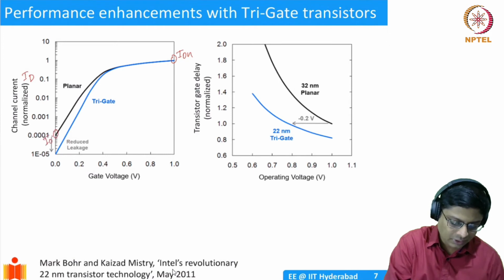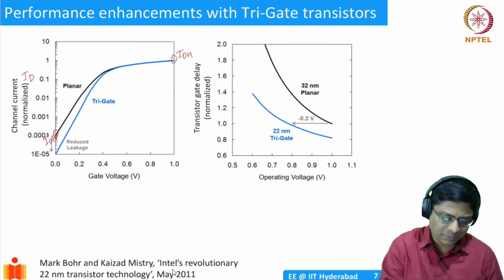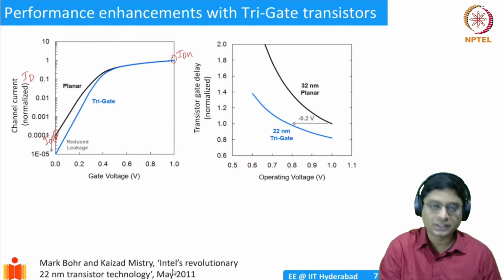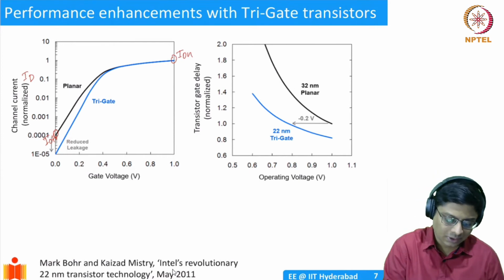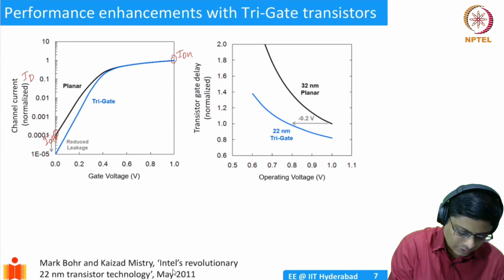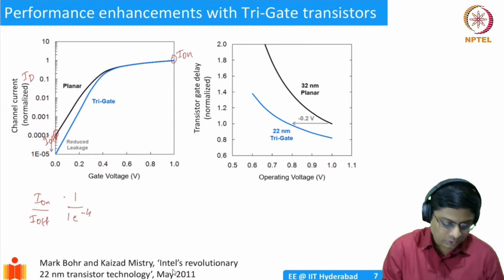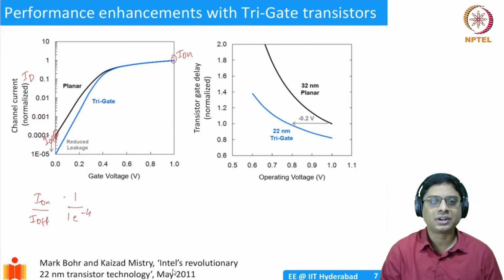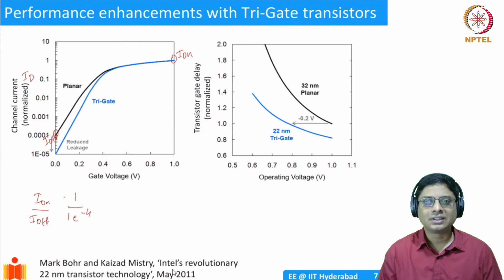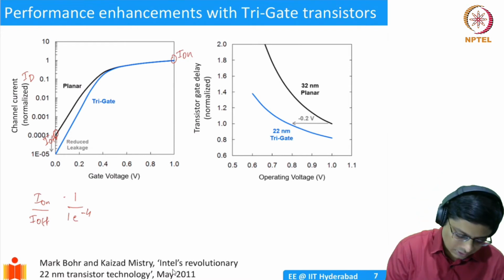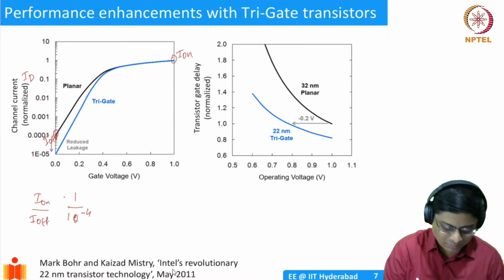I off, this is. So if you look at the planar transistor, this is basically a comparison of two technologies, so planar and the tri-gate technologies. So they're normalized. So on current in this case is 1. Off current is, let's say, 1 into 10 power minus 4. So you have 4 orders of magnitude change in the planar technology. But we said that for a good transistor, for digital applications especially, you have to have a higher ion to I off ratio, right? I'll just write 10 power 4.